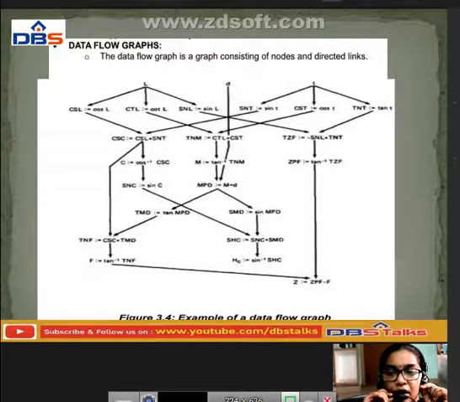From that you are having this TMD operation, that is tan of MPD, and next one SMD operation there, then sin of MPD operation, and TNF. In this TNF we are going to perform CSC and TMD, that is we are going to perform the multiplication operation there. Then here SMC is SNC into SMD.